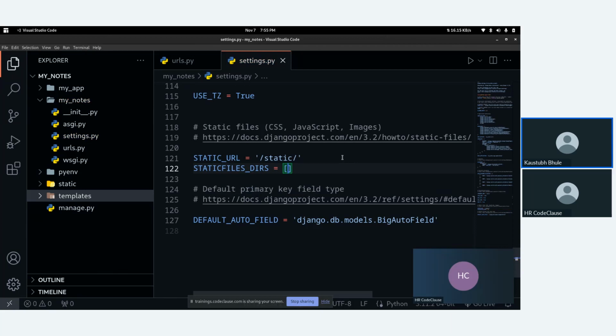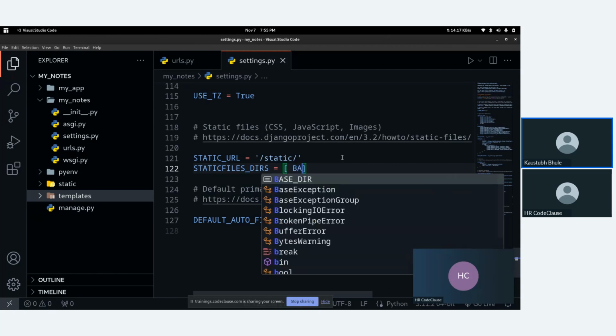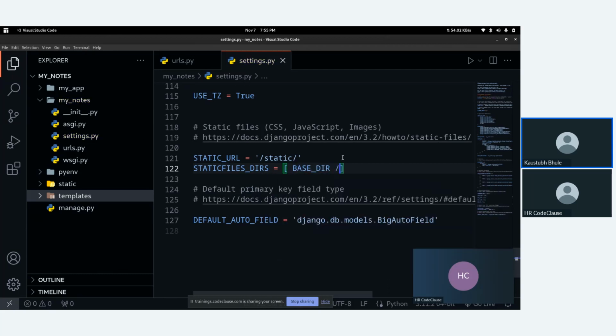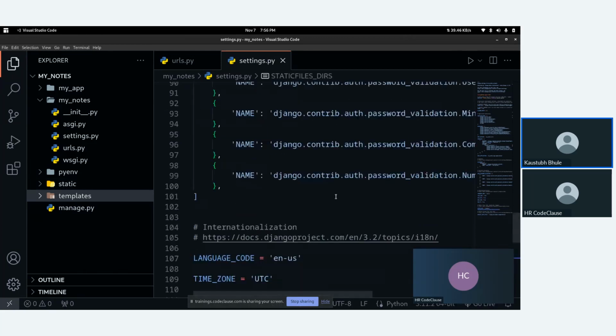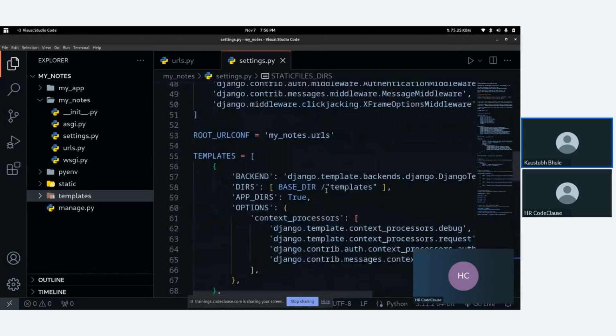That's why we are creating a list here. Again BASE_DIR slash the folder name static. Now what we did, we have connected the static folder and the templates folder. Fine.